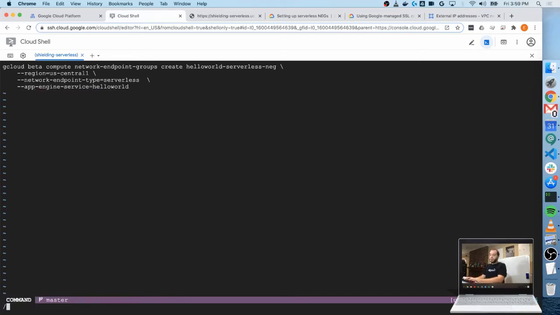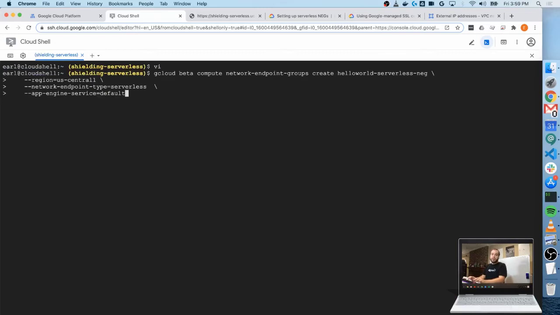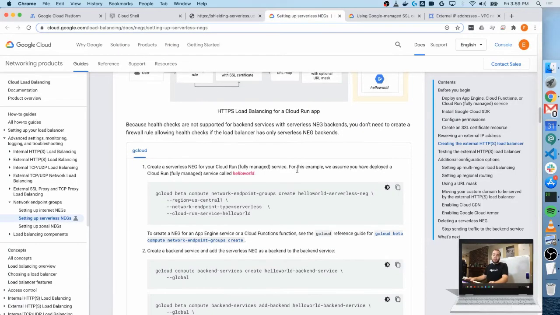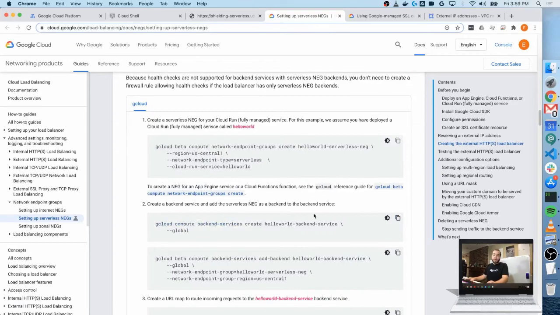And we're going to change Hello World to default because we named that, we just deployed straight to the App Engine default service. So now that we have that new command, we can close out of that, paste that in, and it will create that network endpoint group. Now we go back to our documentation. And we're going to create the backend service itself, copy that,